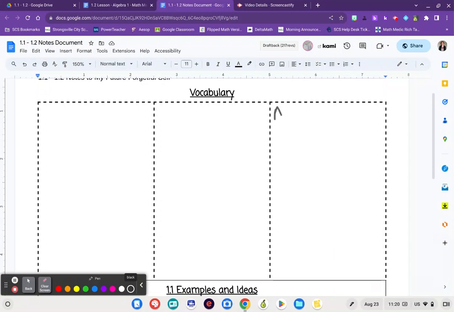And in this third box, we're going to write the words arithmetic sequence. It looks like the word arithmetic because it is, but we pronounce it arithmetic. Sequence. And so this is our new vocabulary word. And a sequence is just a list of numbers. Okay? And then this list of numbers specifically has a pattern that makes it arithmetic. So we're going to say a list of numbers